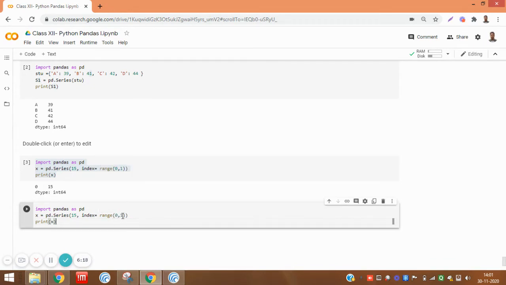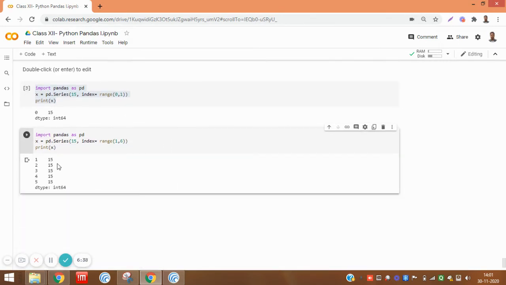Now when we start with 1 and stop with 6, how many times will it print? It will print 5 times because it starts with 1 and finishes with 5. So you can see it prints 5 times, 1 2 3 4 5.